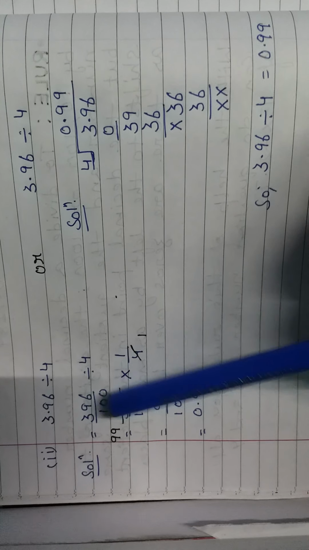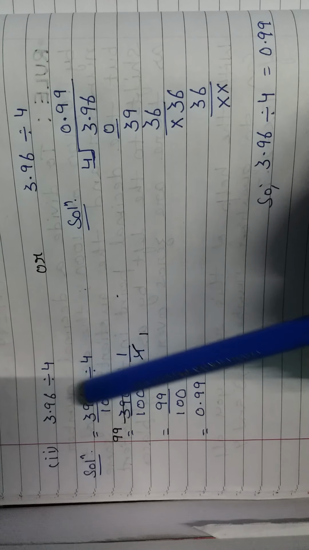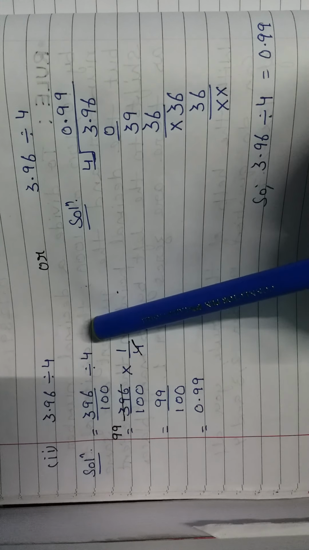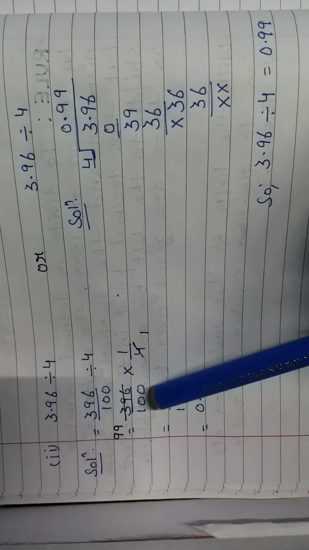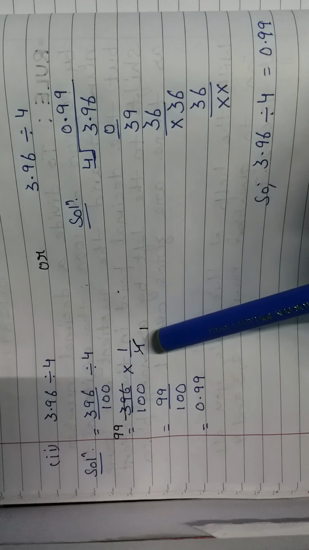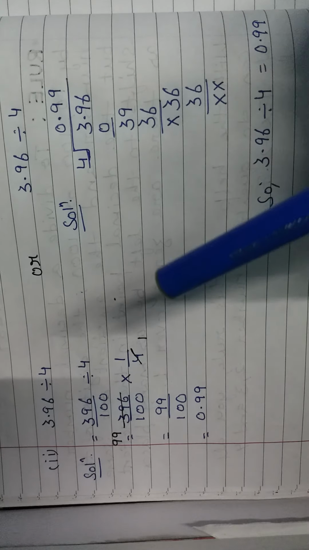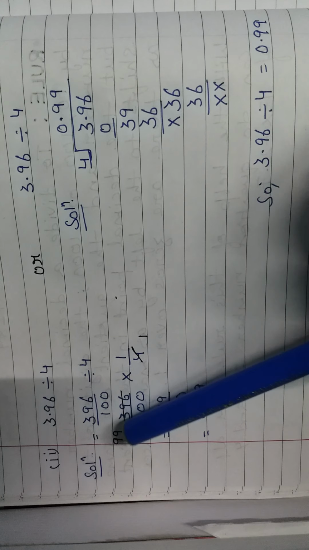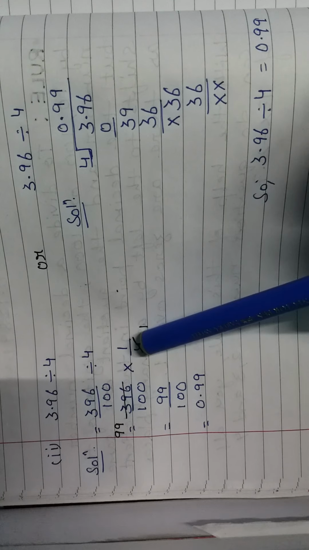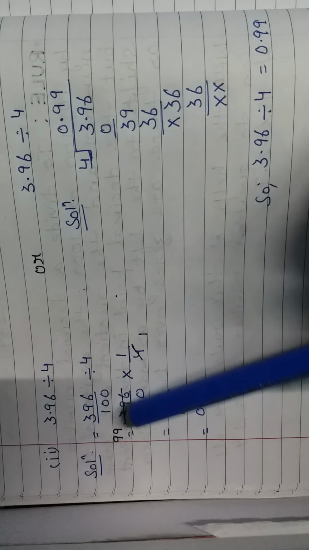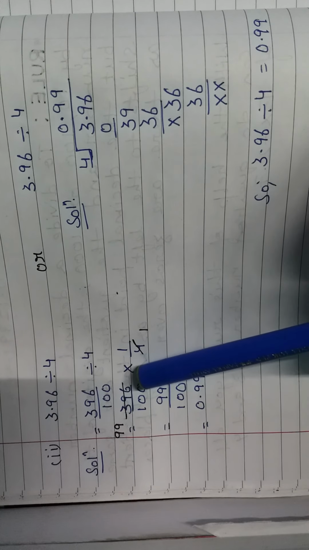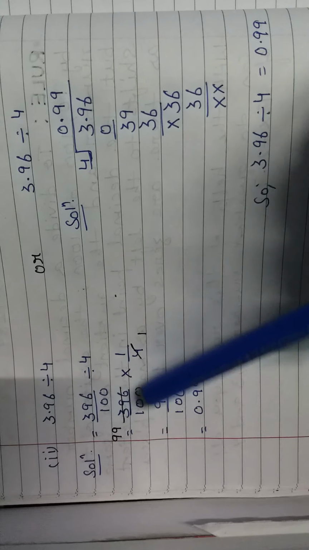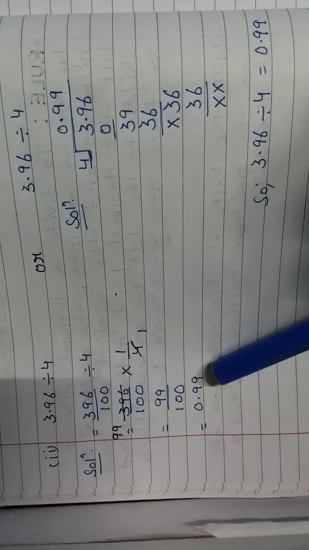Again we have a fraction divided by a whole number. So we have to change this division sign into multiplication, and then we have to write the reciprocal of the divisor. So 396 upon 100 multiplied by 1 upon 4. Now we have to look for the common factor. So we have the common factor 4 over here. So we will divide both numerator and denominator by the common factor. So 4 ones are 4 and 4 99 times will be 396. So here we have 99 upon 100. So we can write this as 0.99 in its decimal form.